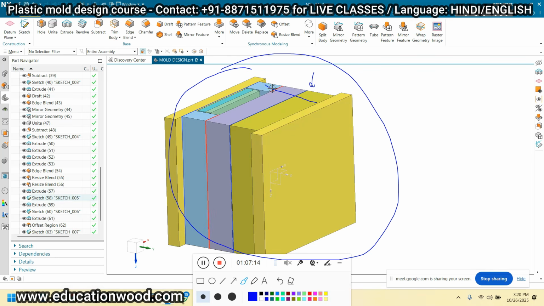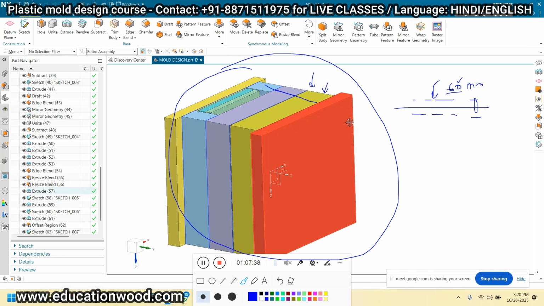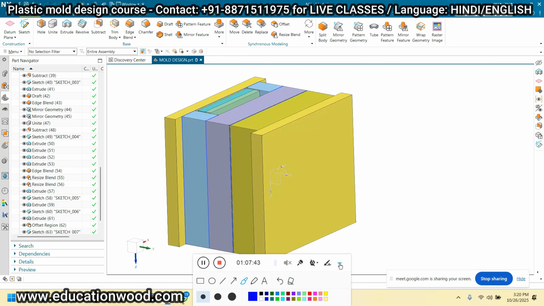For example, if you need the pillar length around 60 mm, then with the 60 mm length you need some diameter also for the shaft. So this diameter calculation depends upon both these things, right? So you have to watch that video for the proper calculation.